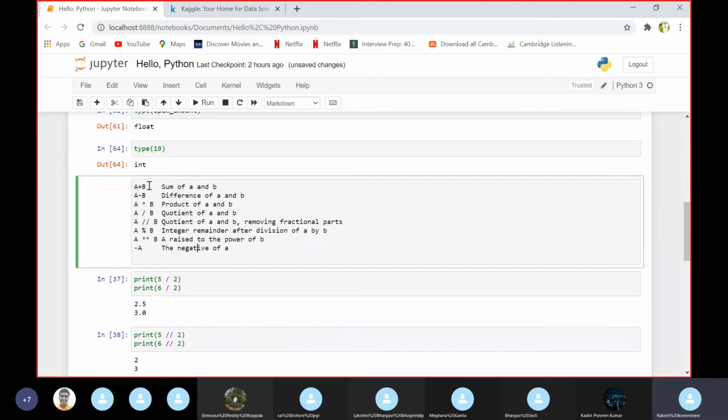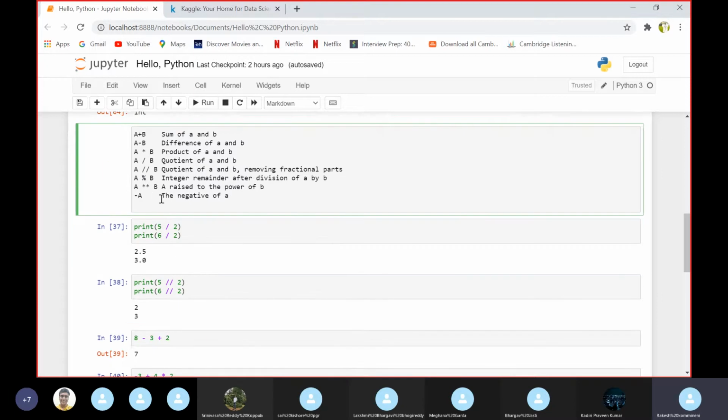These are the basic operators we can use in Python. Addition for summing up, subtraction to let us know the difference, multiplication using the star, and this is for true division, which gives us the quotient. Then we have floor division, which is used for the quotient of a and b, which gives us a removal of the fraction.